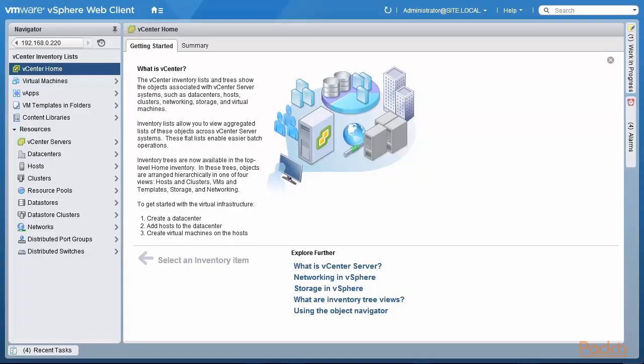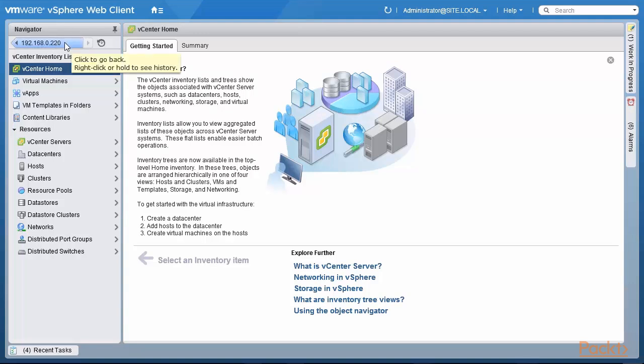As you can see, I'm now logged in to my VMware vSphere web client. I'm on my vCenter server 192.168.0.220, which is my home vCenter, or if you're thinking in terms of companies, this would be the headquarters vCenter. What I want to do is take you through the infrastructure that we have set up for our replication labs. So I would like you to think in terms of headquarters or the home office where I'm running vCenter